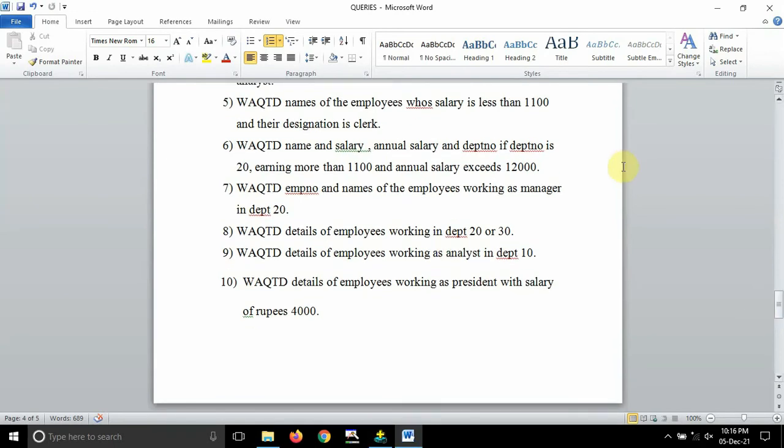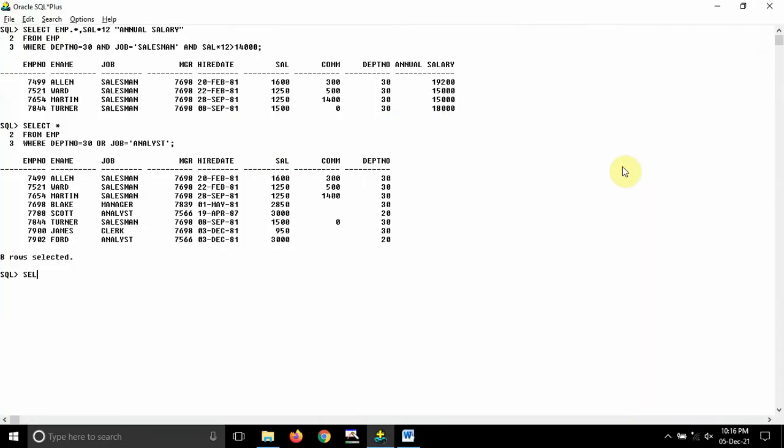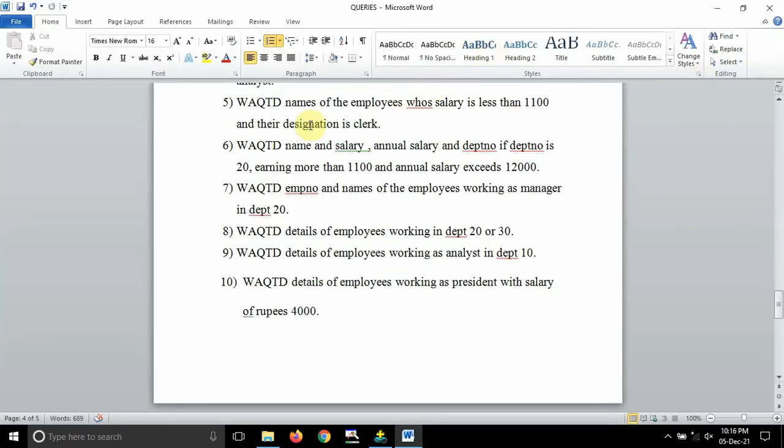Okay, so the fifth question: write a query to display names of the employees whose salary is less than 1100 and their designation is clerk. So I want to display names, so it will be simple, guys. SELECT ENAME from EMP where, okay, the condition is whose salary is less than 1100.